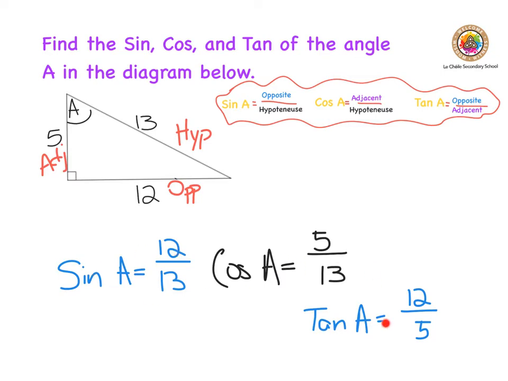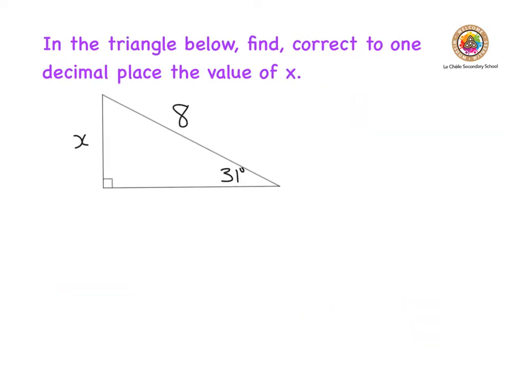And so now we're going to have a look and see, use these trigonometric ratios to find new pieces of information. So here we go. Here in this question, we're asked to find, correct to one decimal place, the value of x. Okay, so the first thing that we're going to do is label the sides of our triangle again. So here we've got the hypotenuse right opposite our right angle. Now, directly across from our angle itself is where x is, so that's the opposite, and then the last remaining